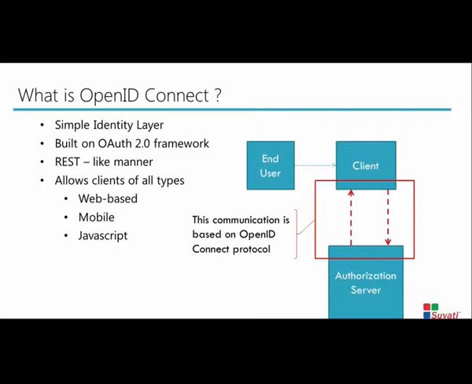So here, the client application says, hey, hold on, the authorization needs to be done on a different authorization server. So I need to do an OAuth 2.0 call between the client application and the authorization server. And once I do the OAuth call, I will be getting an access token, and the client knows